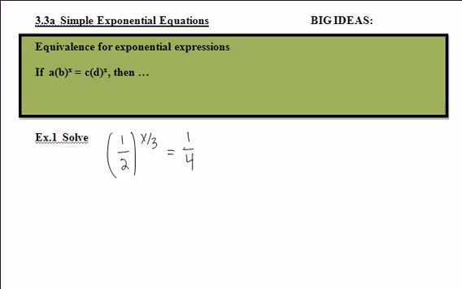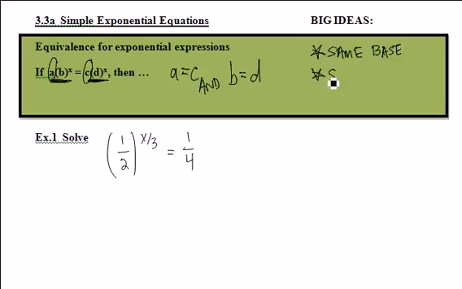But in order for two exponential expressions to be equal, when we're looking at their form, a times b to the x, c times d to the x, then the only way that they will be equal is if they have equivalent bases and equivalent initial values. And I kind of said that backwards. But we're basically saying that these leading numbers need to be equivalent. Now, they might look different, but if they're equal in value, maybe not in appearance, but in value, then they will be equal. So we would like to get the same base